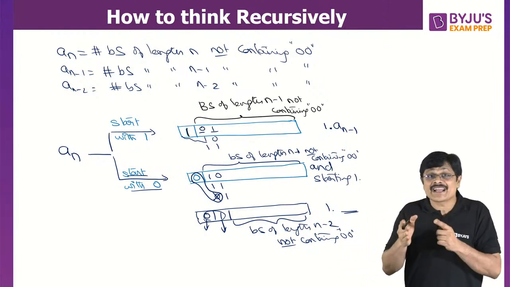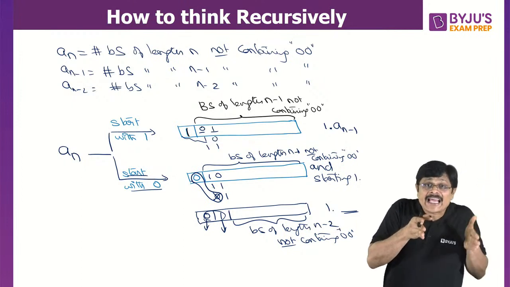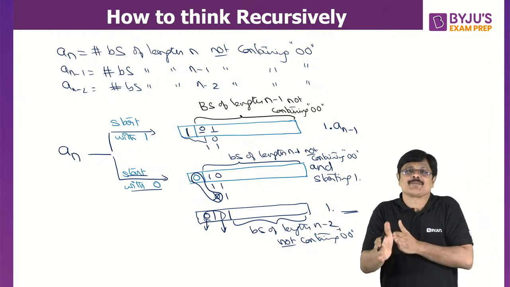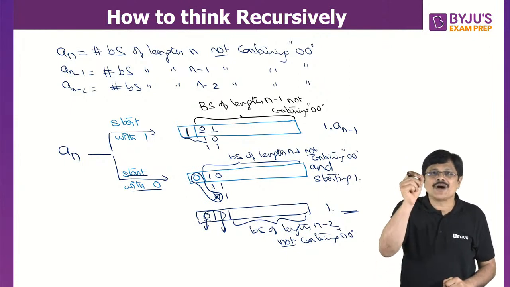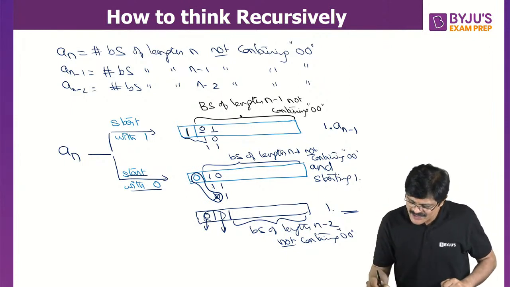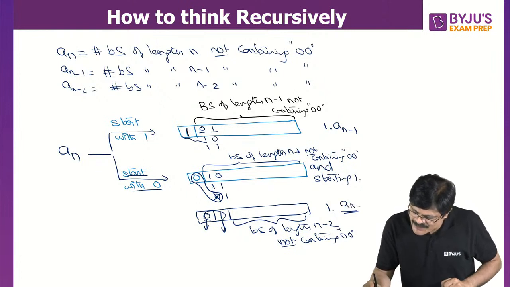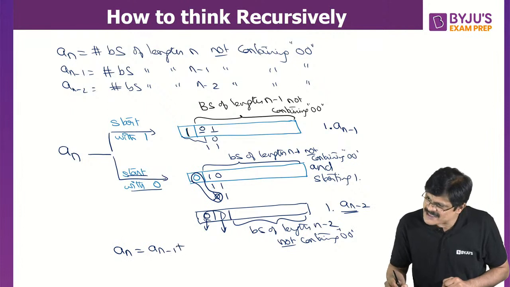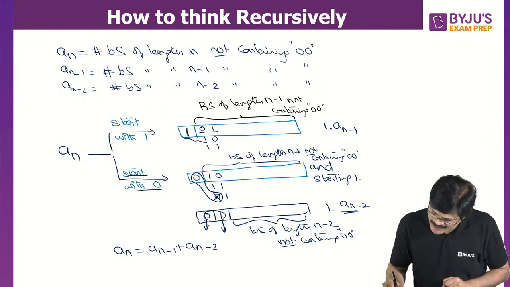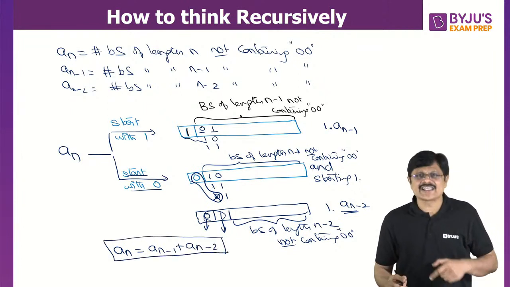But when you are writing recurrence relation, your work is expressing problem in terms of sub problem, उधर आपका काम खत्म हो जाता है। Am I clear? That is where your work completes. Am I clear? So this would be an-2 my dear friends. So therefore an value क्या होगा, an-1 plus an-2 होगा। See, it looks like recurrence relation for the previous problem,